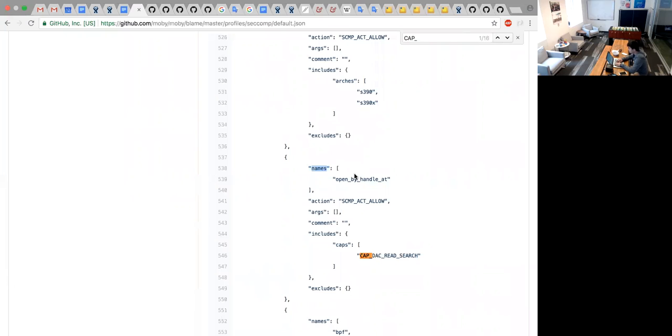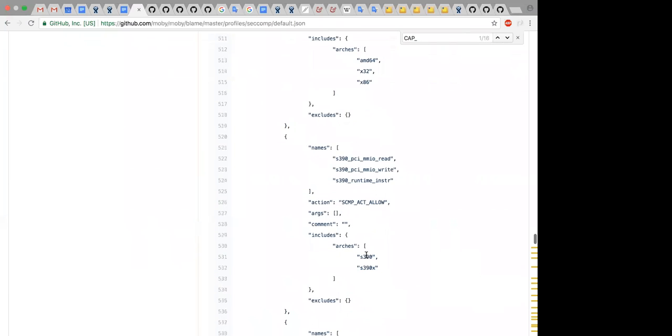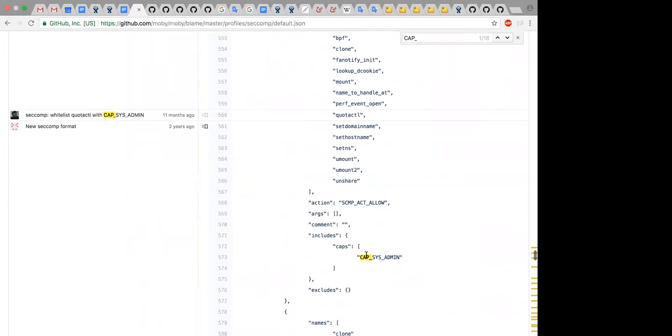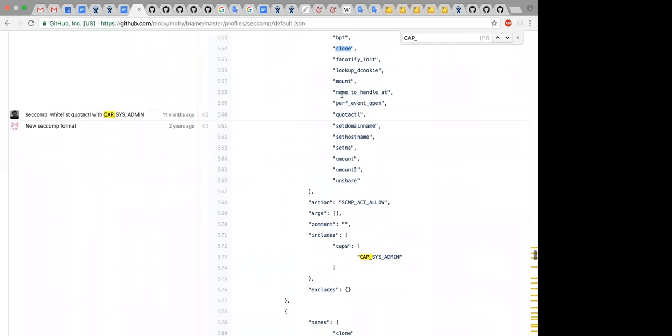Well, I mean, probably CAP_DAC_READ_SEARCH is not the best example. So, I mean, if we are running without admin capabilities, on some systems, for example, on some Linux kernel versions, we can use BPF or clone to get